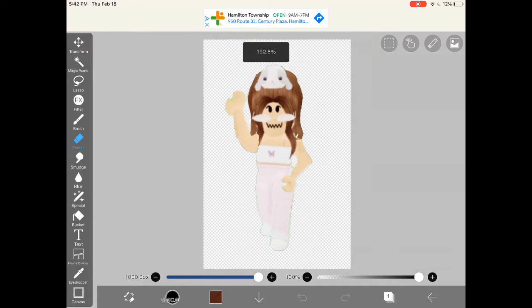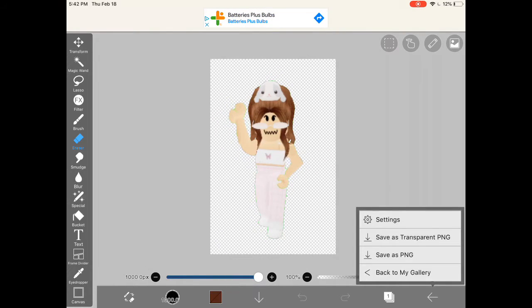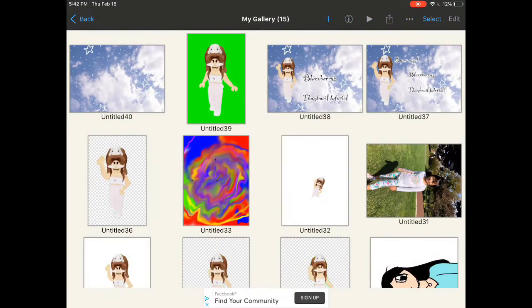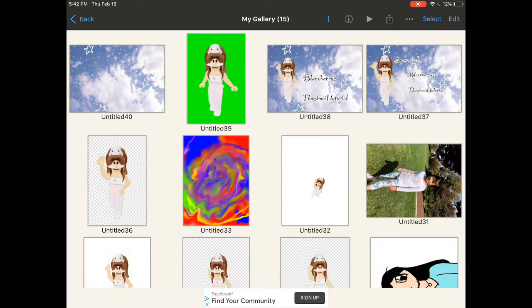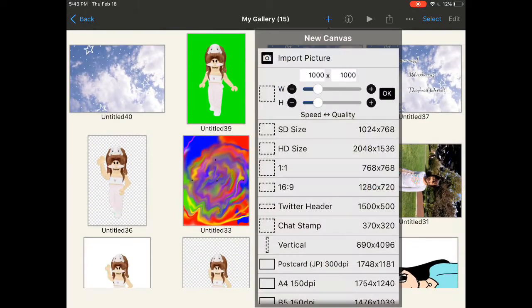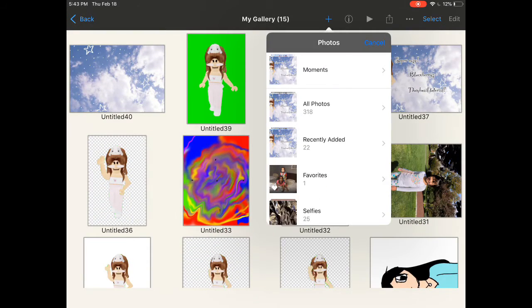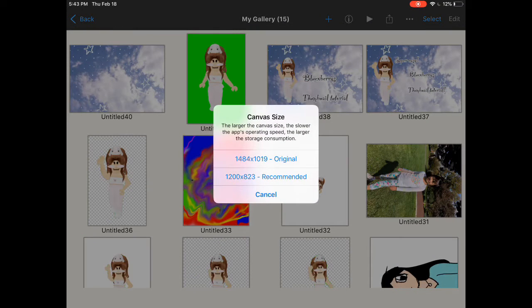So after you've done that, you don't have to have a GFX if you don't know how to make one, but I will show you how to make them on mobile. So now just click the photo that you made, and then you basically want to click the add button and then import picture, but yeah. So you just want to click import picture and then moments or all photos. Either one works, and then click that photo and then click that